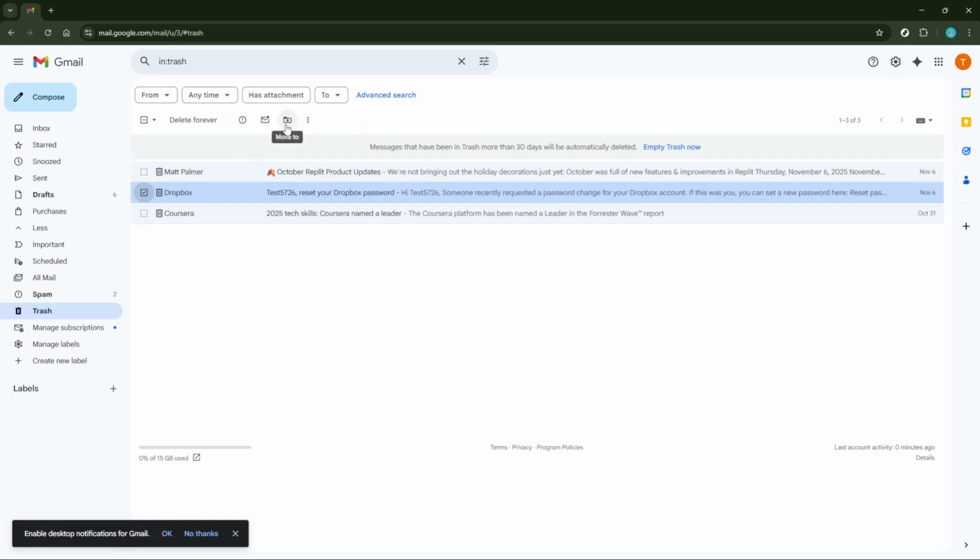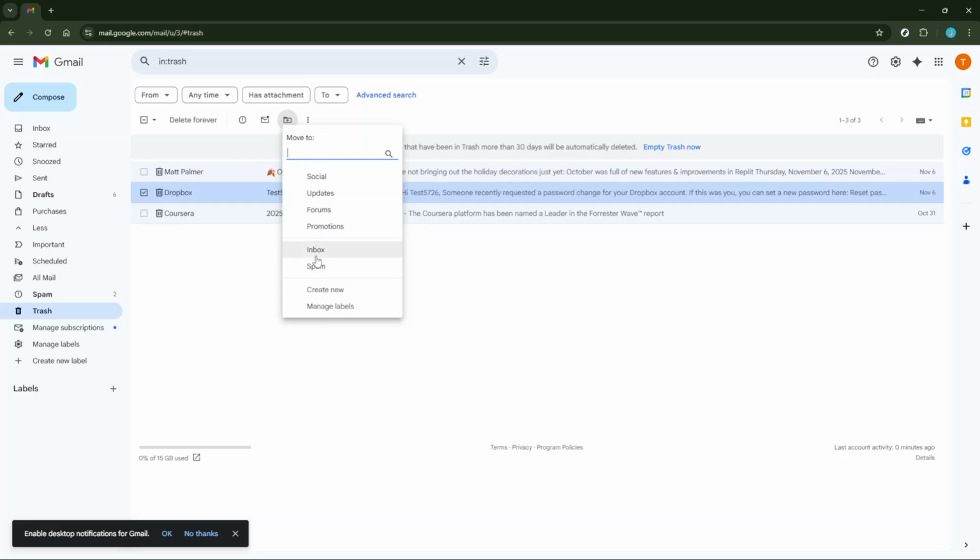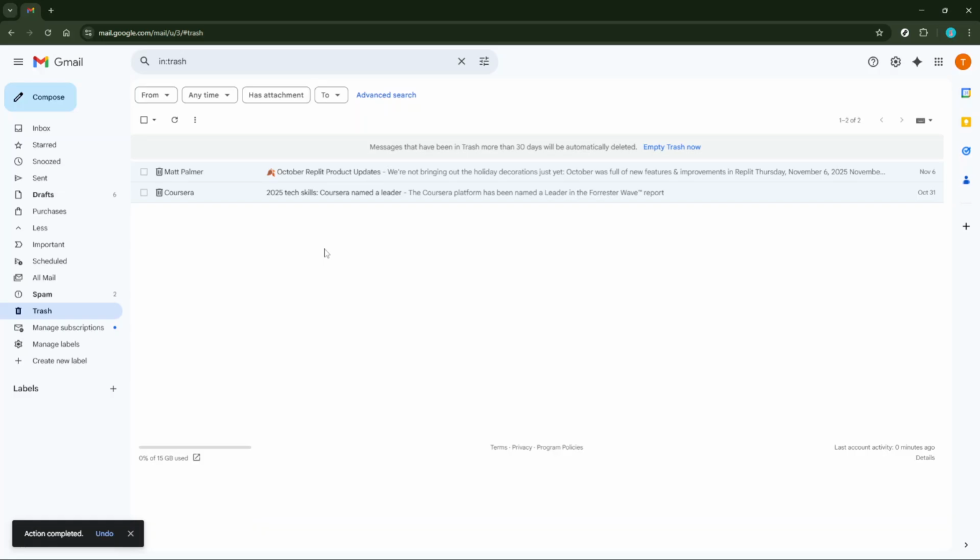With your email selected, look for the option labeled Move To. It's often represented with a folder icon and can be found alongside other action icons in Gmail. Click on Move To, and it will give you a drop-down menu with several choices. The most straightforward option is to click on Inbox, as this will relocate the email back to your primary email space. However, if you have other folders that you've organized your emails into, feel free to select the one that makes most sense for you. And voila! Your email has now been successfully recovered.